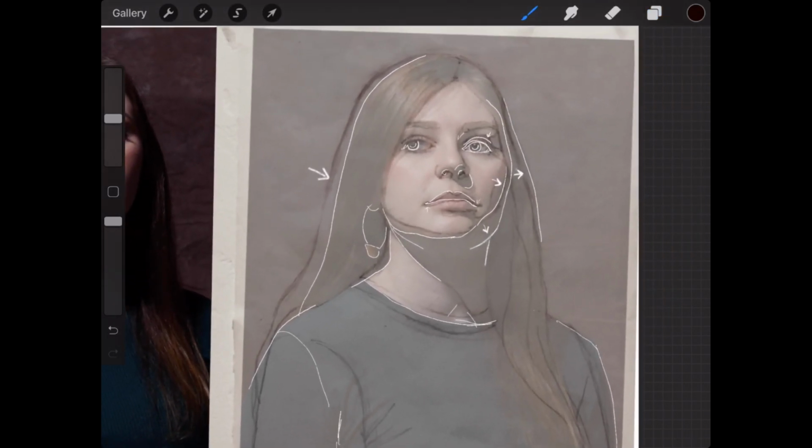One thing I also noticed with some of the other students' work, and I even had this problem in my drawing when I came back to it the day after the demo, I made some minor adjustments, and one of them was the width of the hair at the top.